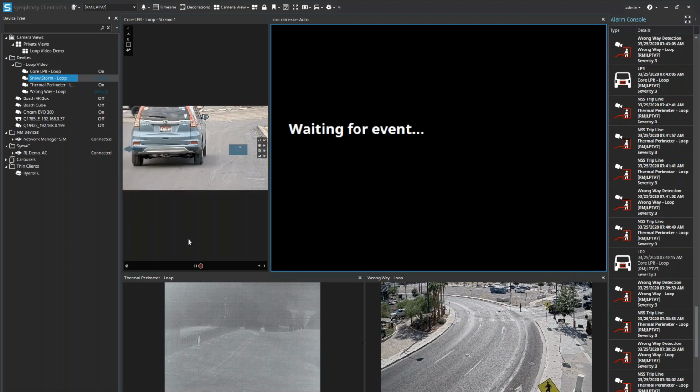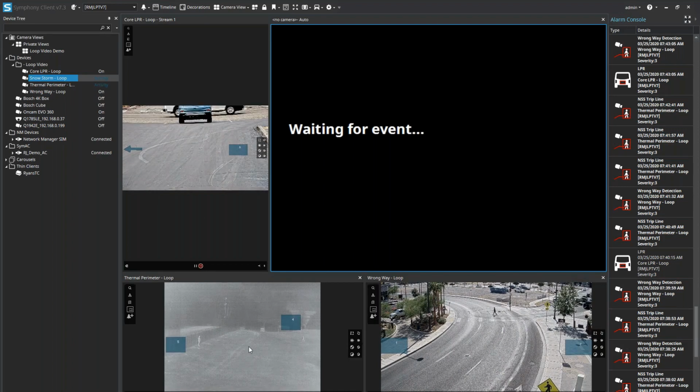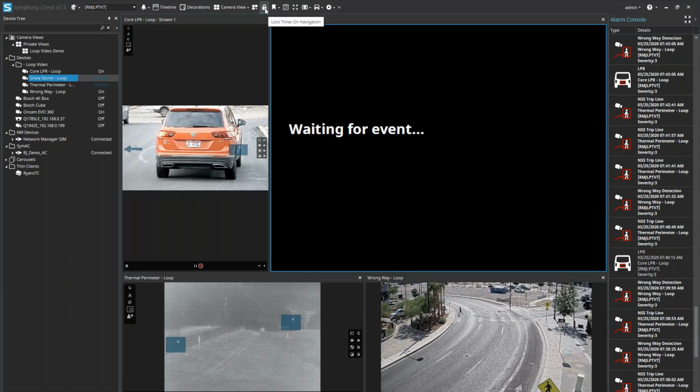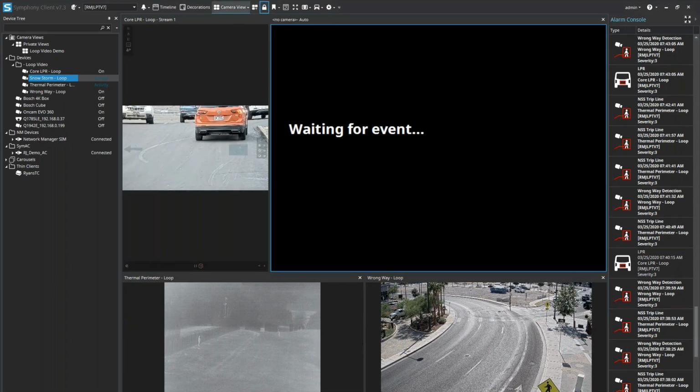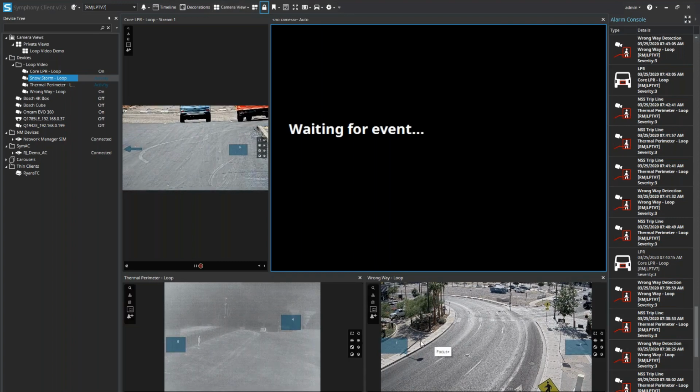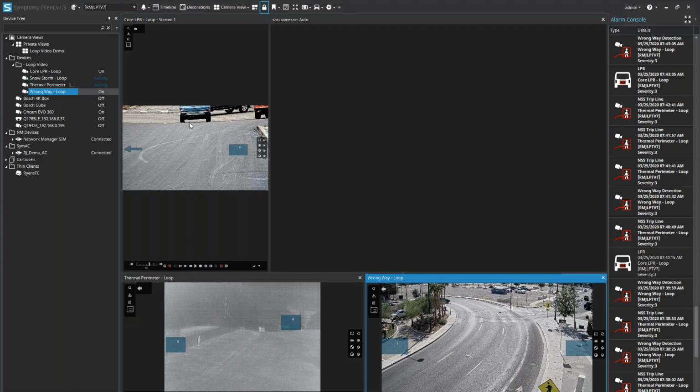So let's say now that I've come in here and I've got my event video popping up, but there is something that I want to search here, but I also want to synchronize it across these other 3 cameras. I can turn on this padlock in the main menu banner. And what that's going to do is lock the video tiles and synchronize them to the same point in timeline. So if I was to hit pause here, you'll notice that all of my cameras have paused